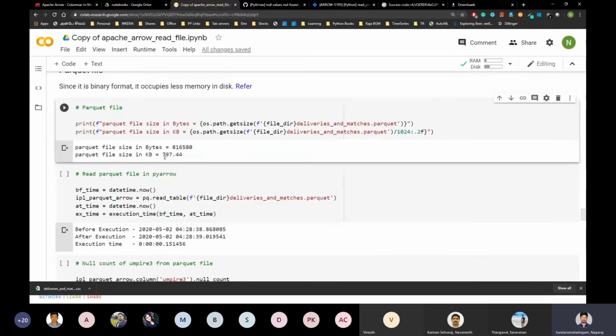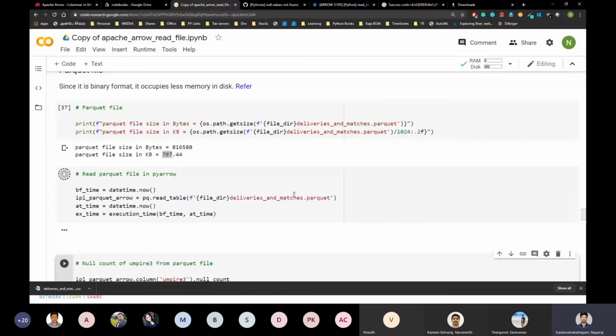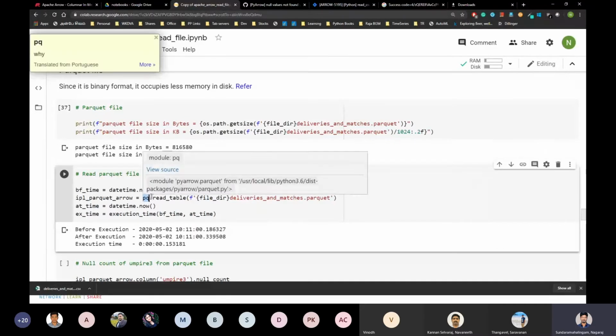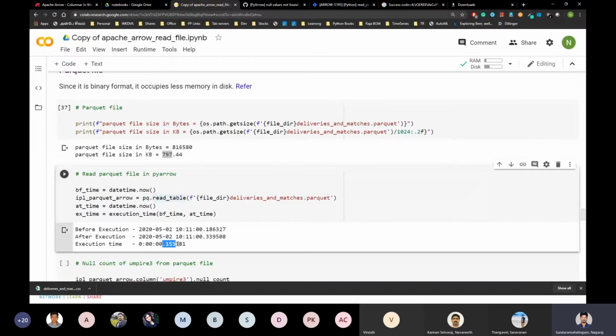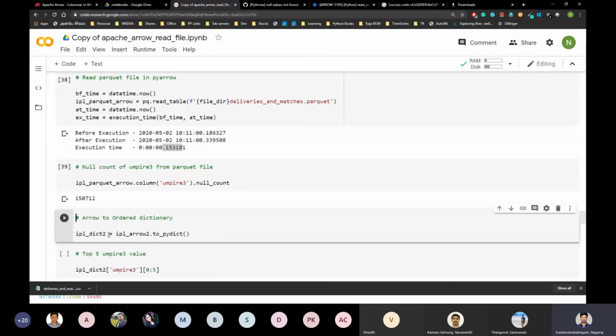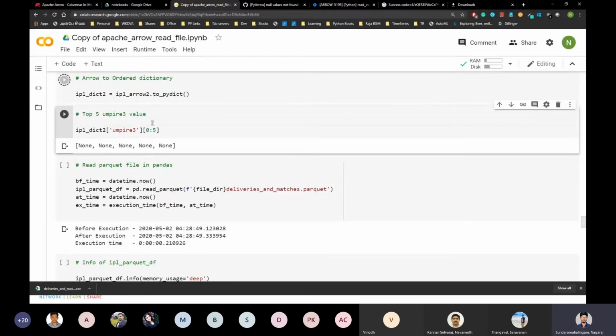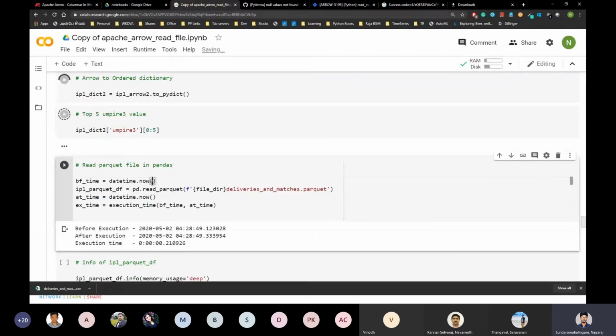It's 797 KB. I'm reading the same Parquet file with the arrow method, and it takes less time than the actual CSV file. Again, the null counts are all the same. I can convert that to a dictionary and all those things.